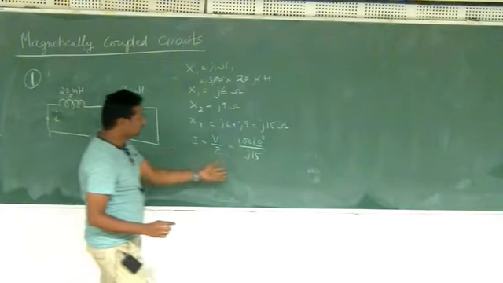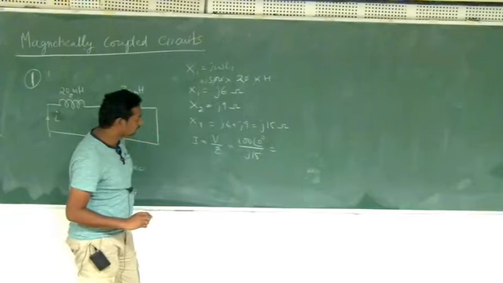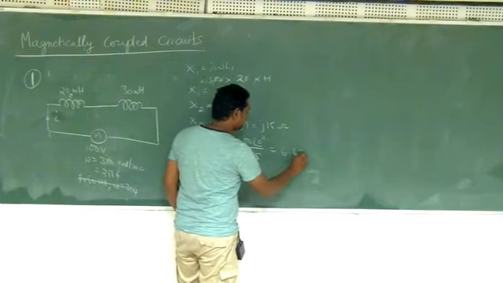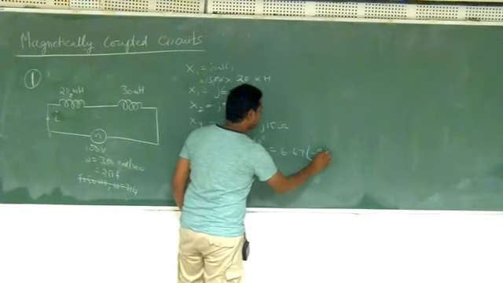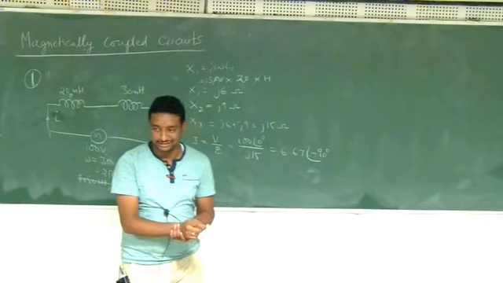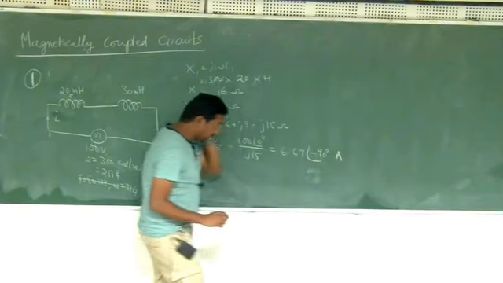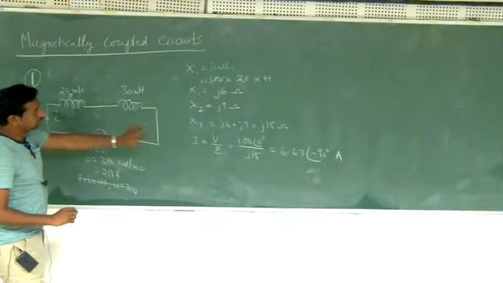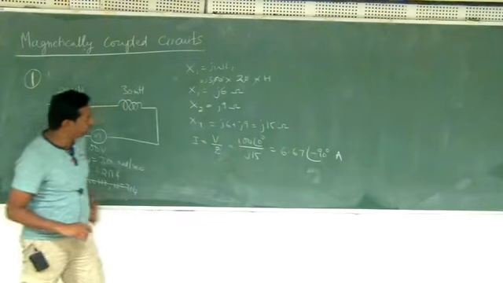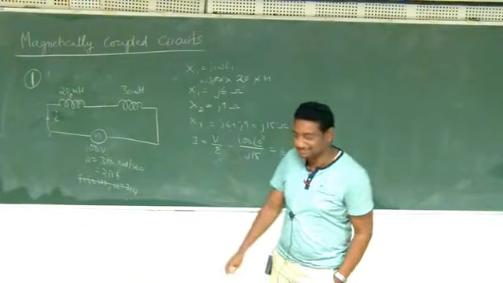So I can simply divide this. What is 100 by 15? 6 point something, right? 6.67 at minus 90 degrees. So plus j goes to the denominator, it becomes minus j, and minus j signifies minus 90 degrees if you write it in the polar form. So all these things you know already. This is in amperes. So this is about the first plain example, problem 1, and this is the answer for problem 1. I hope you are okay up to here. This we already studied last semester itself.